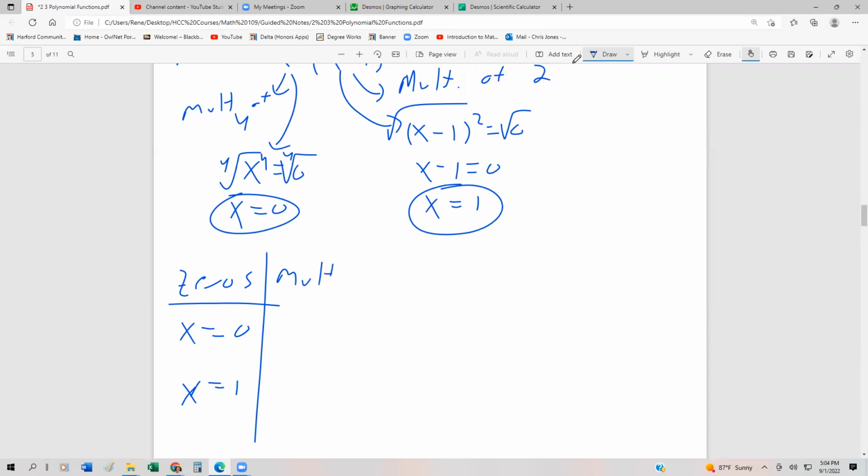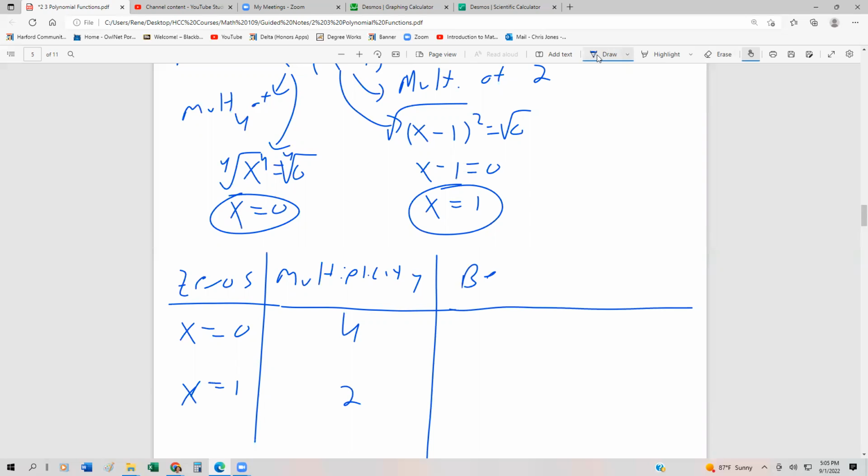The multiplicity is going to be, respectively, 4 and 2. And then finally, the behavior for both of those, because they're both even, is right here at x equals 0, the graph is going to turn around at the x-axis. And then over here, it's going to do the same thing at x equals 1. It's going to turn around